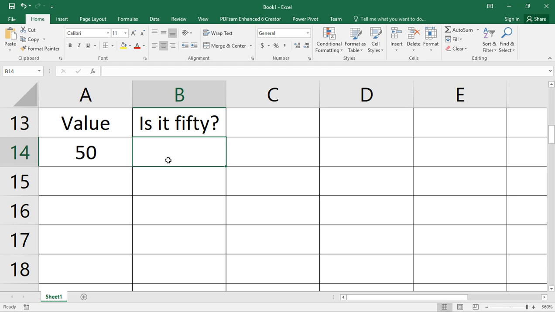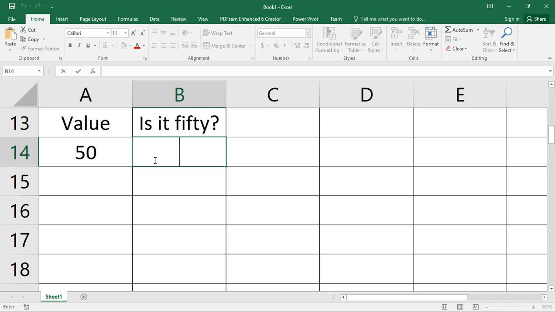It could be a client actually asking you, my friend, I want my Excel to be so informative. I want it to type the value is 50 if the value in A14 is 50. If the value in A14 is not 50, I want it to say not 50. How are you going to type the if function?